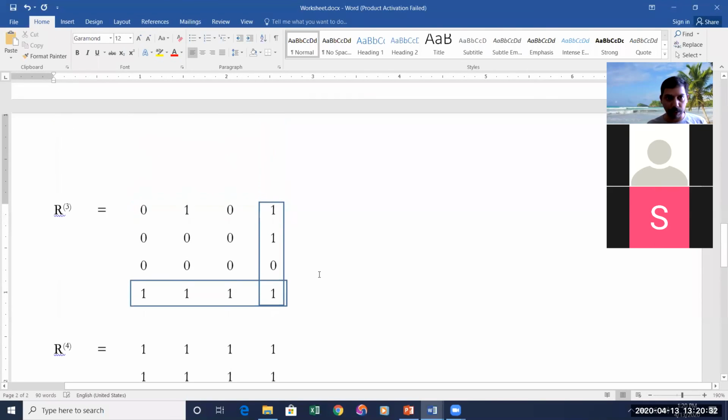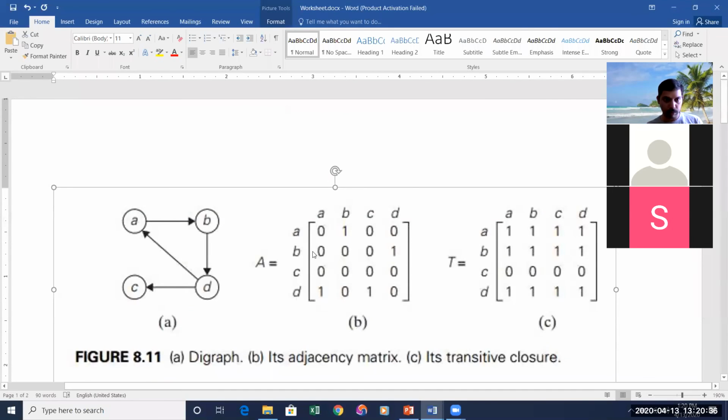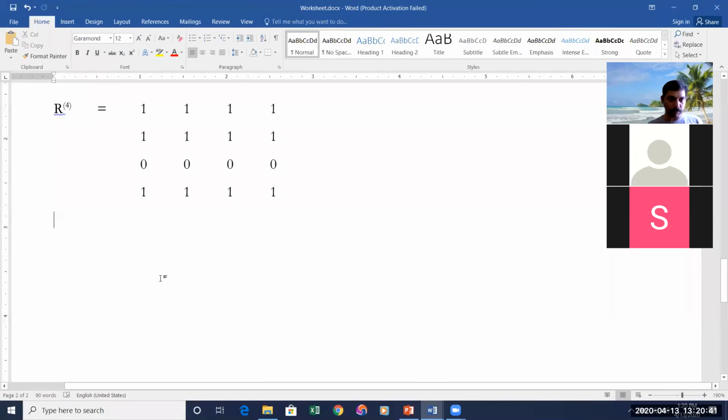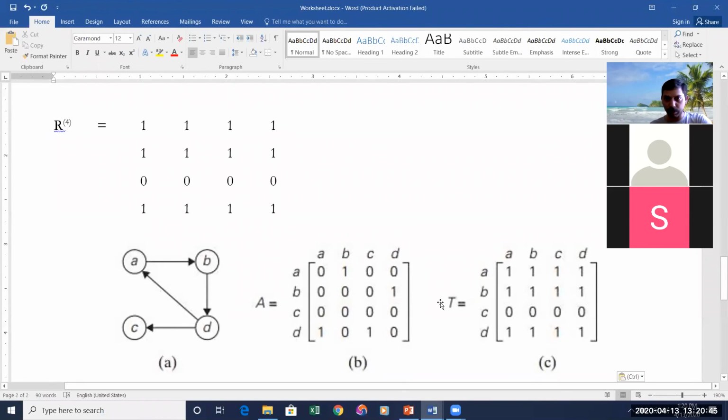So I'll take the first diagram. If you compare the transitive closure that we have written, we have written this transitive closure directly by looking at the graph.